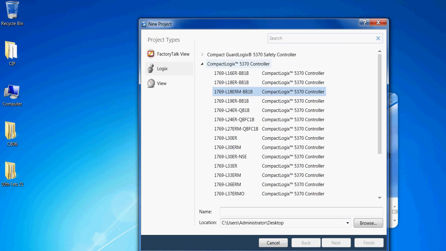Now type the controller name, IMCK57_1769_A1. I will store this on the desktop.